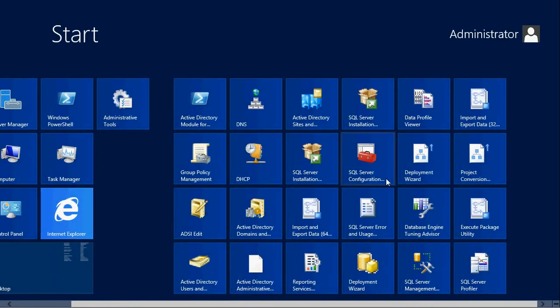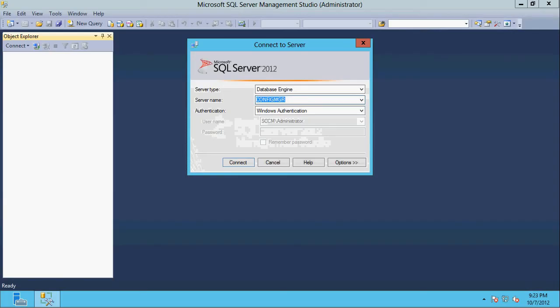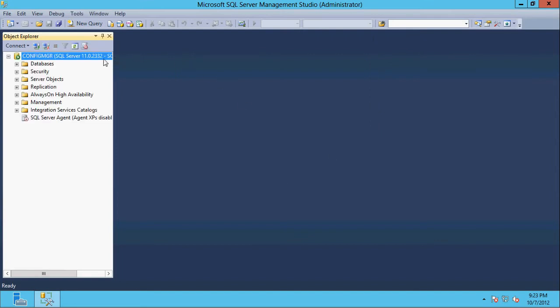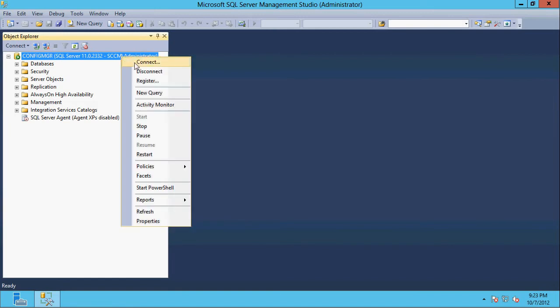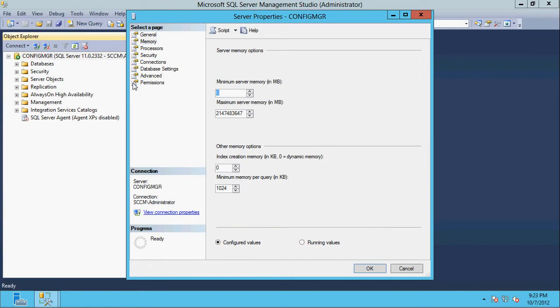Okay, next thing I'm going to do is open the Management Studio for SQL. Okay, and go ahead and connect to the server that you installed SQL on. And next thing you're going to need to do is set minimum and maximum memory requirements. Microsoft recommends at least 8 gigabytes of memory for a primary or CAS site server. So I'm going to go ahead and give a minimum of 8 gigabytes. I'll just set the max to